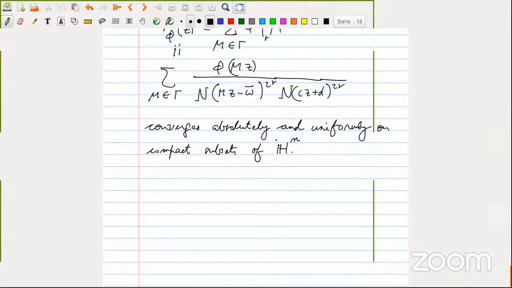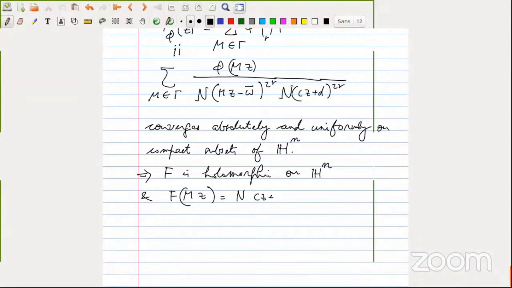Since I have this series which converges absolutely and uniformly on compact subsets of Hn, you can see that this F is holomorphic on Hn, and it satisfies f of mz equals the norm of cz plus d to the 2r times f of z,